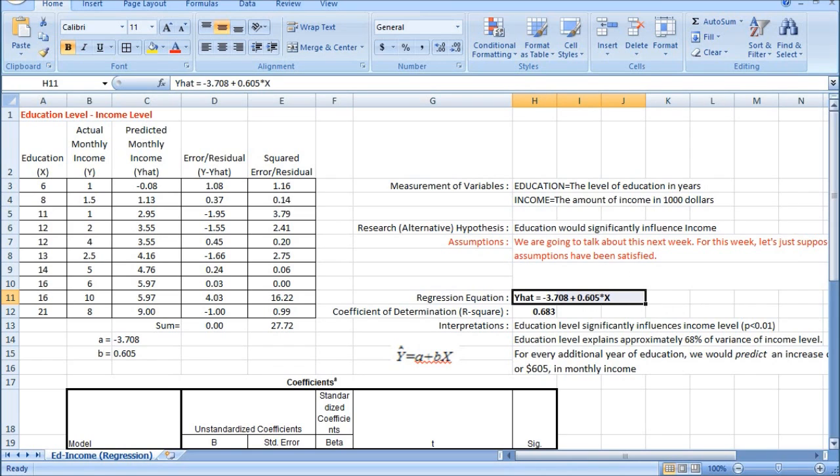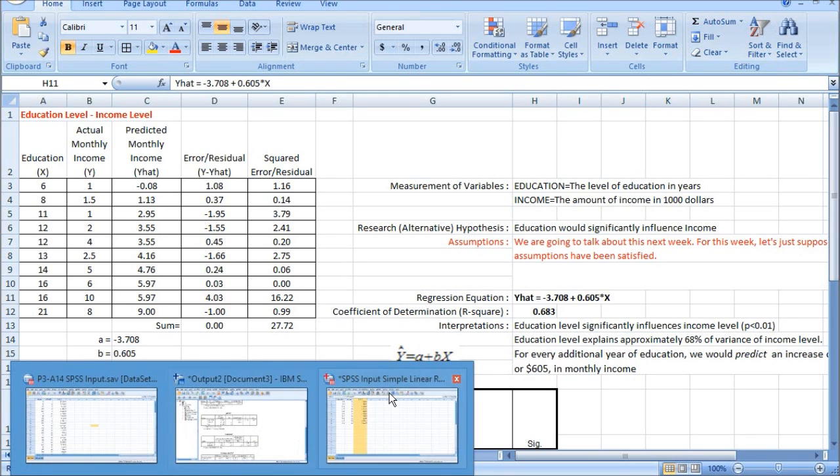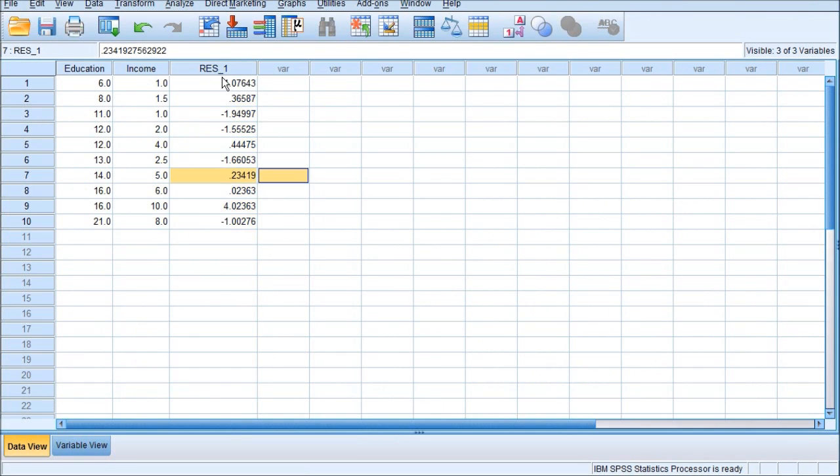Okay, let's do the assumption testing using this third variable we've just generated.